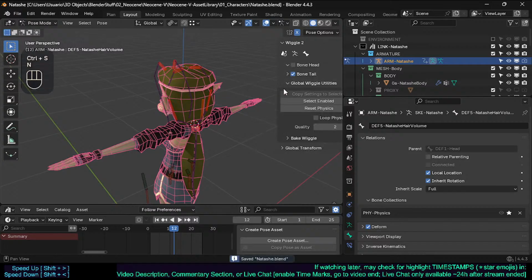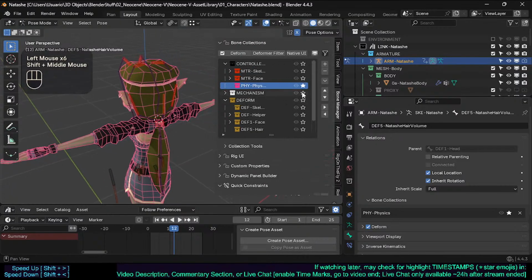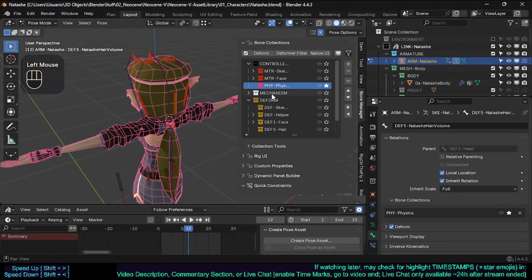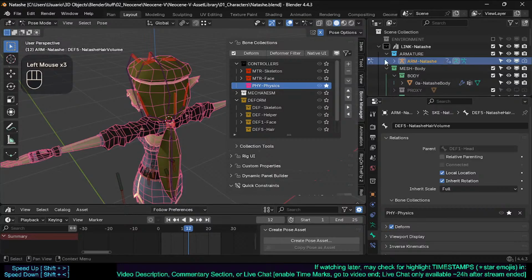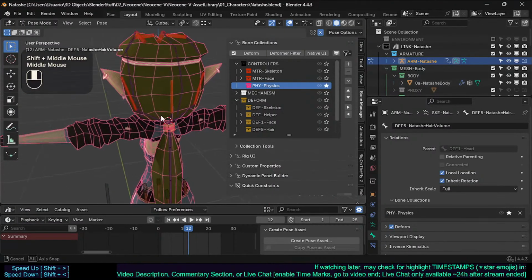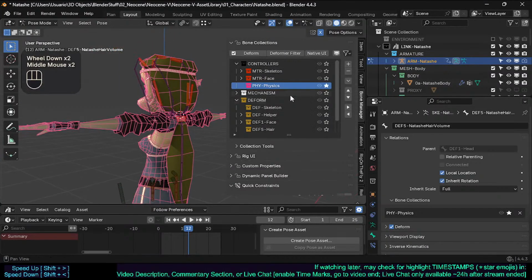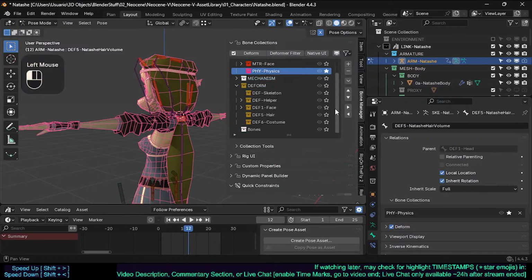So that means that in my bone collections for now, for rigging, maybe later we have some cool panel where you can do this. I don't have this yet. I don't have the facility of Rigify right now. I need to make my own custom values. I don't care. I can do my projects without this for now. But we have this physics, so this is very important. So this is for posing and for knowing, of course, which are the physics bones. But then on the deform rig, we have